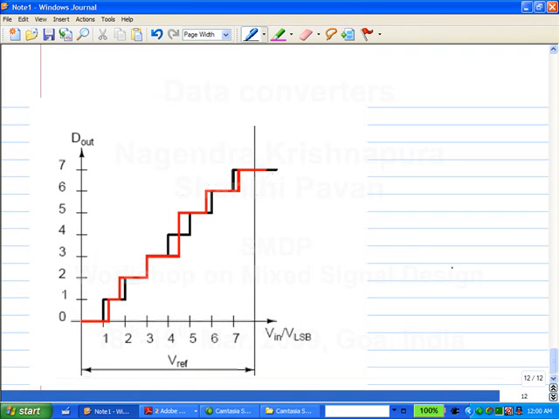Now there is another type of error which can be defined. That is, you look at the flat portions of these characteristics. In the ideal characteristic, how wide is this flat portion, the first one? It's basically a succession of steps, right? What is the width of each step? In the ideal, 1 VLSB. Okay. In reality, what is it? It is different. Okay. So we can define the error to be the difference between the step widths. Okay. And this is known as the